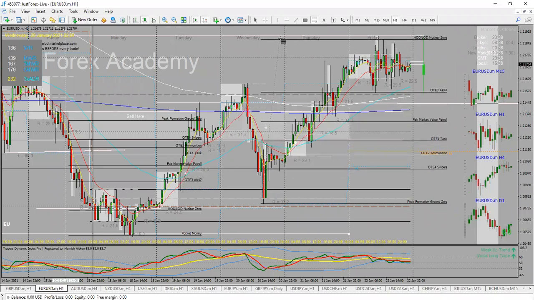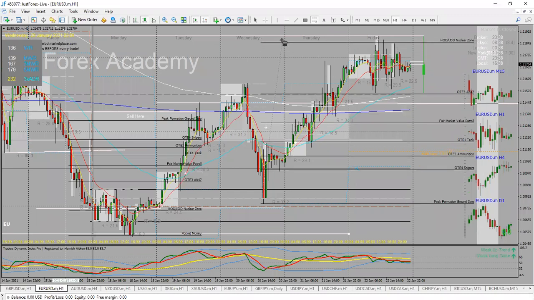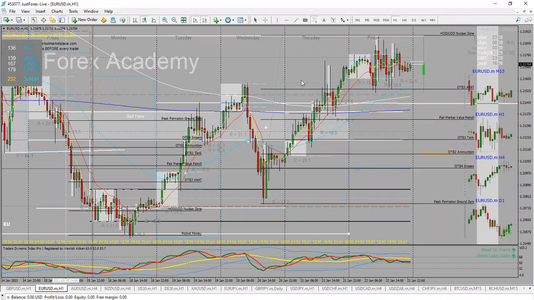And this one. Because the high of this day's New York session is this one. So I'll be putting my high of the day here. Then where am I expecting the market to move this week? To this zone. So I'll be expecting the market to go up